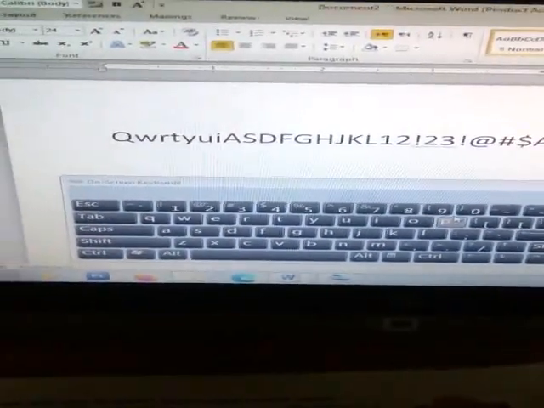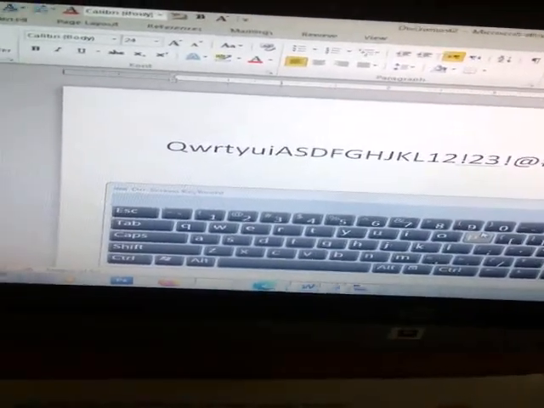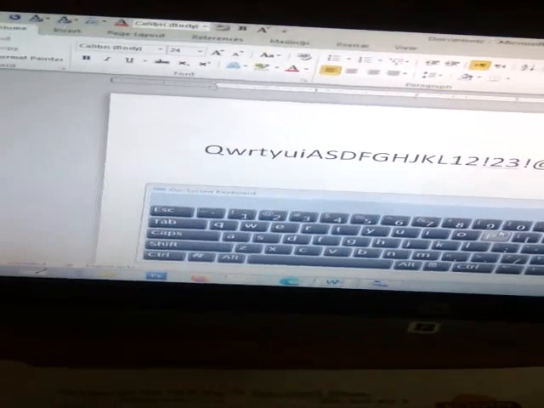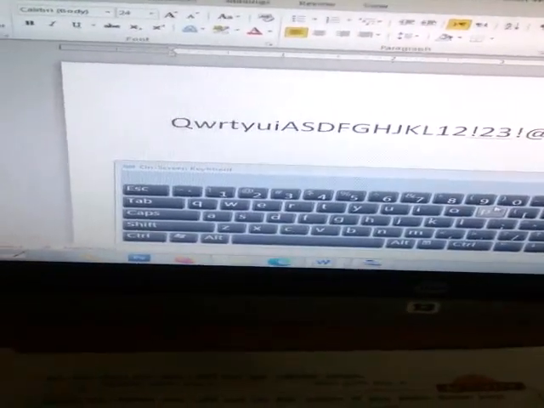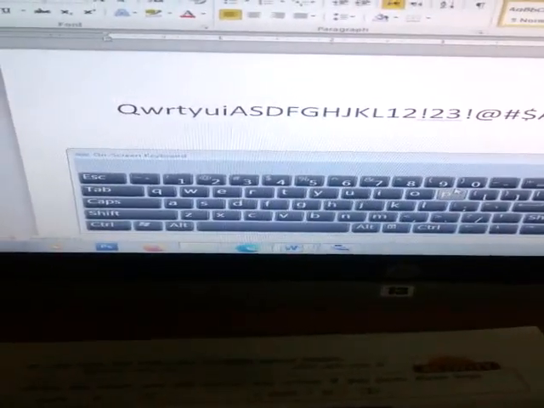One thing you have to note down here: we generally use the caps lock key when we type a word or full sentence. If we want capital letters, that time we press the caps lock key. And if we want to press single letters in capital, that time we press the shift key.